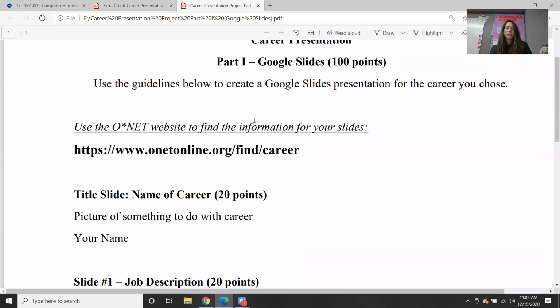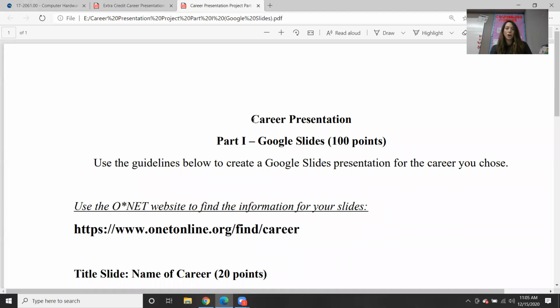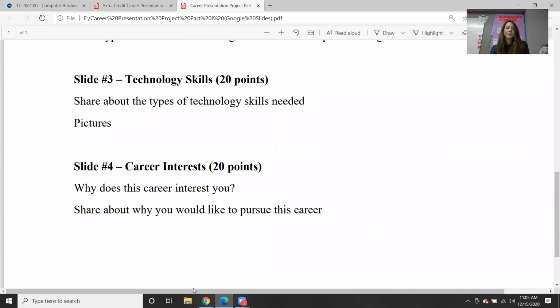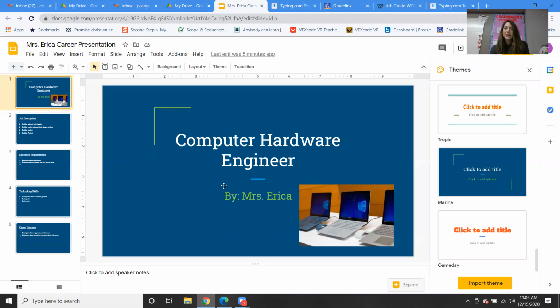But the Google Slides are definitely an assignment. They are due after the break. I'll email you the exact due date. It'll be that first week we get back. And you do have to follow the steps here and make sure that you're creating slides that are professional. You're pretending that your audience is people who really don't know much about this career. So we really want to be able to tell them more about it.